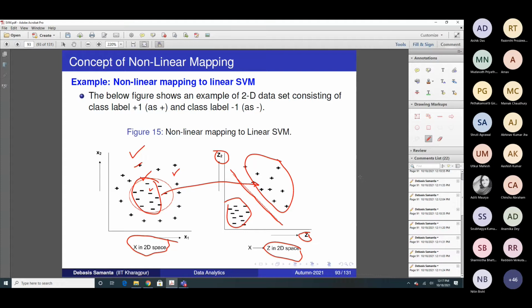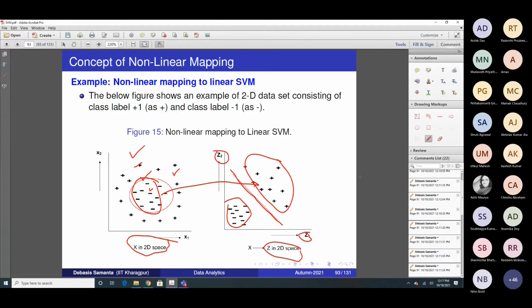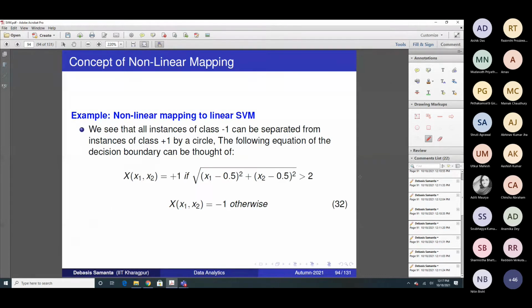Now let us proceed further so that we can understand this concept very clearly. Here is an example of a hypersurface. This example is nothing but the equation of a circle. This is the equation of a hypersurface which divides the two regions. For data in x1 and x2, if they satisfy this condition it is plus 1, otherwise it is minus 1. So there are two classes, plus 1 class and minus 1 class. How can they be classified? This classifier gives the idea.